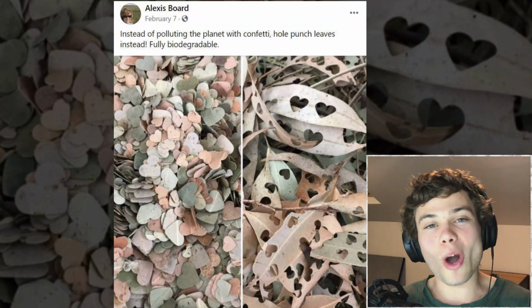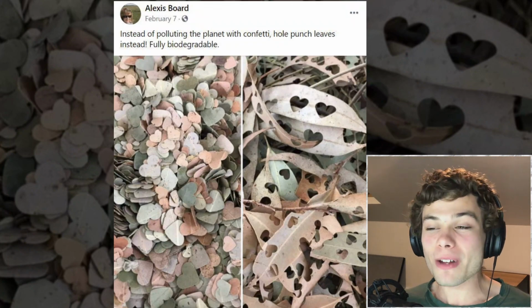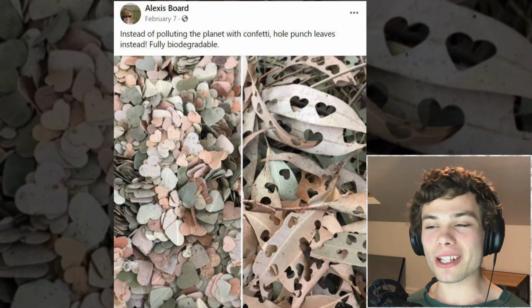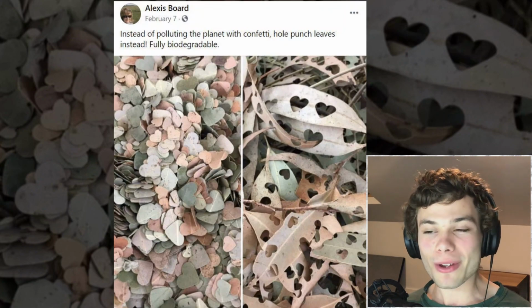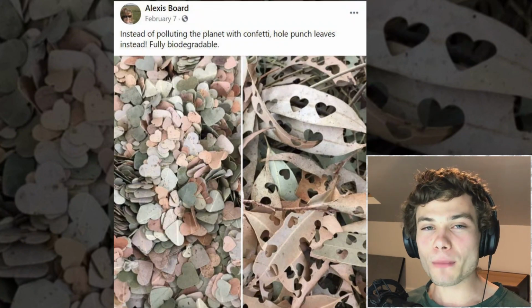Because really, once it's dry, it's not going to go any further dry. It's going to stay dry and so you can just transport it wherever. Obviously some of it's going to get crushed up. Confetti just gets crushed up and put in a bin, where this can just get crushed up and put in a compost. To be fair though, I have kind of seen some companies try and make more eco-friendly